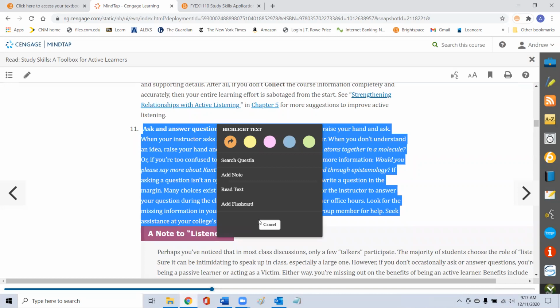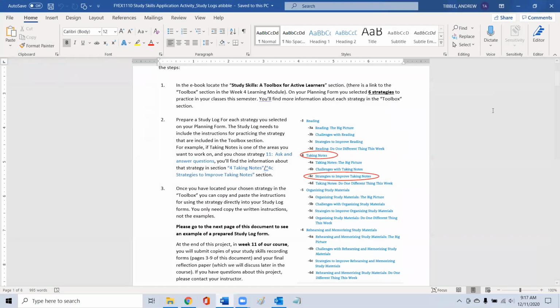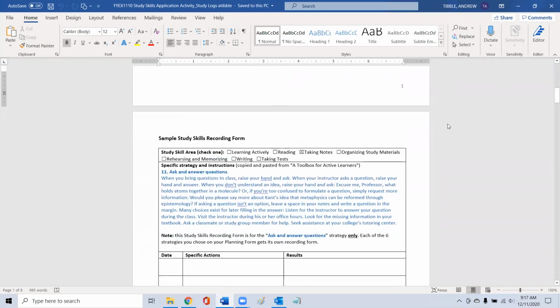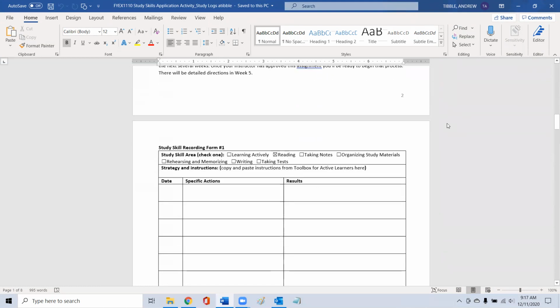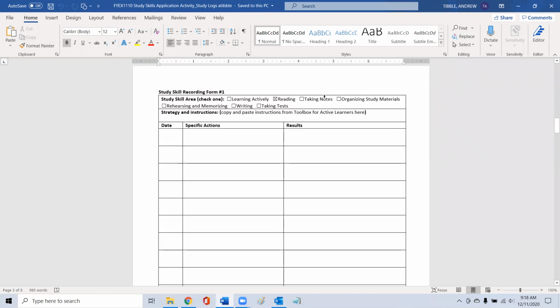And we're going to do a Control-C to copy. I think we could also do a copy this way, okay? And then back into our document right here. If this is the first study skills recording form that you are working on, then it was not reading, as the box checked here, it was taking notes. And we can